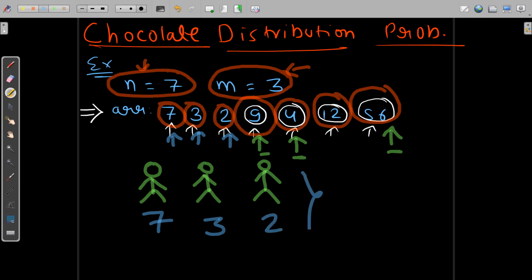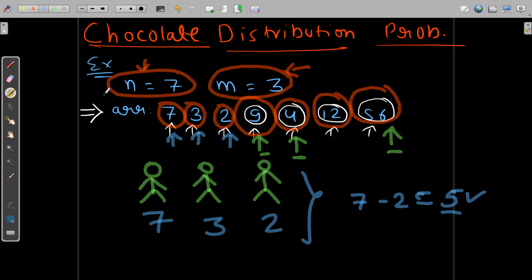For this particular distribution the difference is 7 minus 2, which is 5. And it is quite clear that 5 is smaller than 52, so we are improving. But is this the answer? Well, it is not the answer.